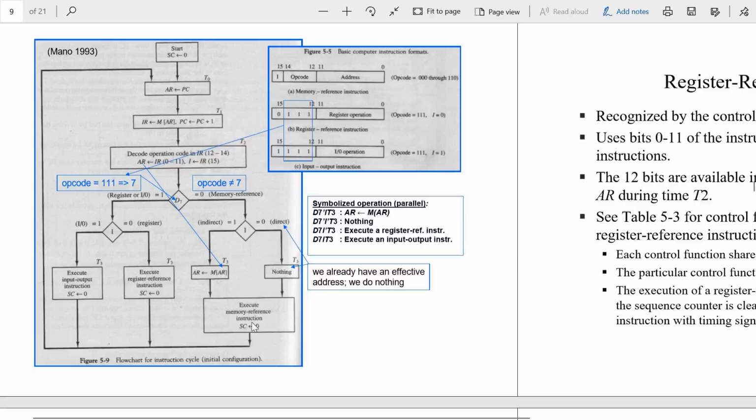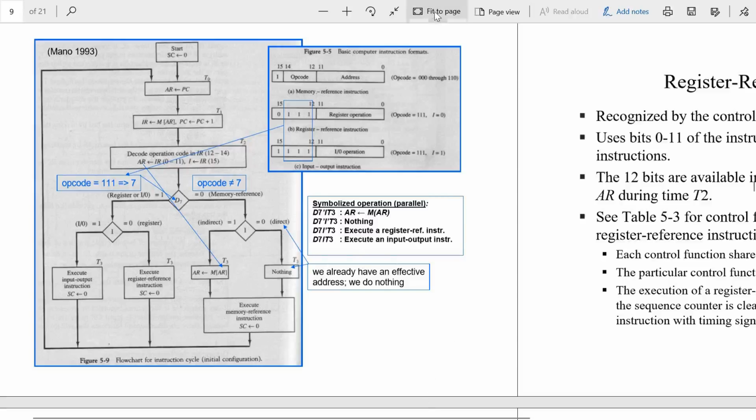So it executes the memory reference instruction, and the sequence counter goes to 0. Again it starts and reads one more instruction from the memory locations. Once again one more action is performed. Up to T0, T1, T2 and T3 are the actions. In this T3 cycle we are doing nothing. So the execution action happens in the T4 cycle, the fourth cycle in this complete action. Up to T3 it is identified, and execution takes place in T4. This is the direct and indirect way representation.